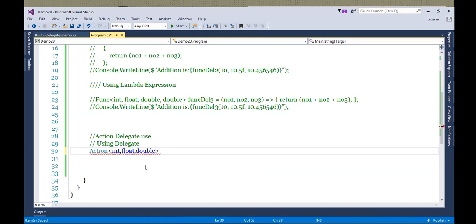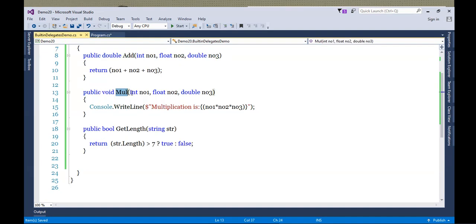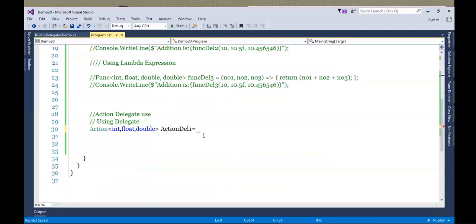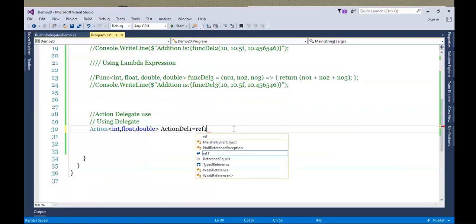That's it. Let's create a reference. So action delegate 1 equals to. Let's assign this multiplication method into it. How will you assign it? Using this reference. So reference 1 dot multiplication.